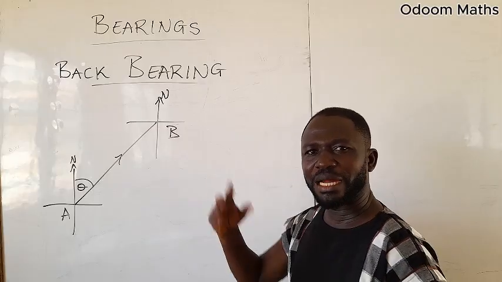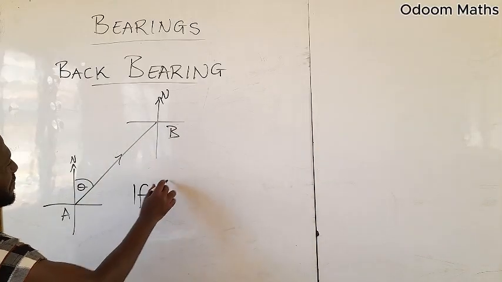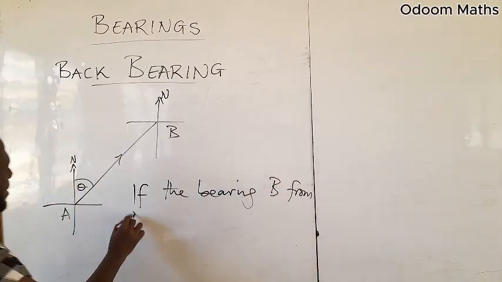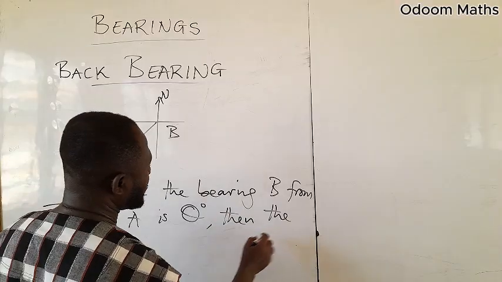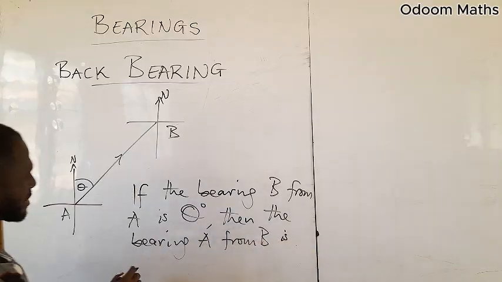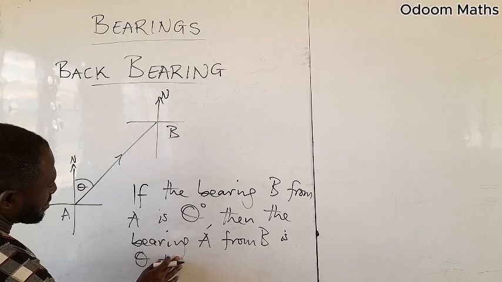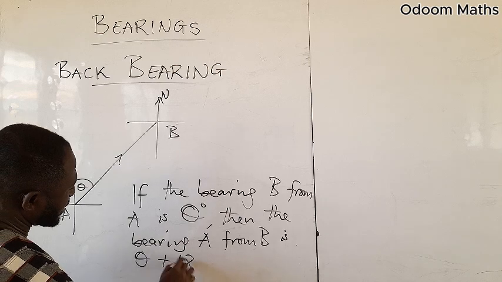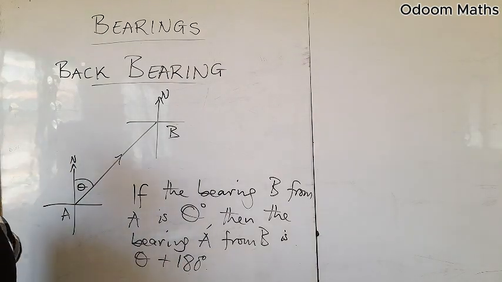So if the bearing of B from A is theta degrees, then the bearing of A from B is going to be theta plus 180 degrees. Now, let's use the idea of the